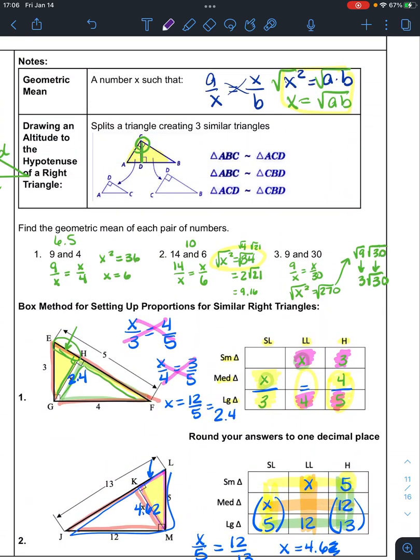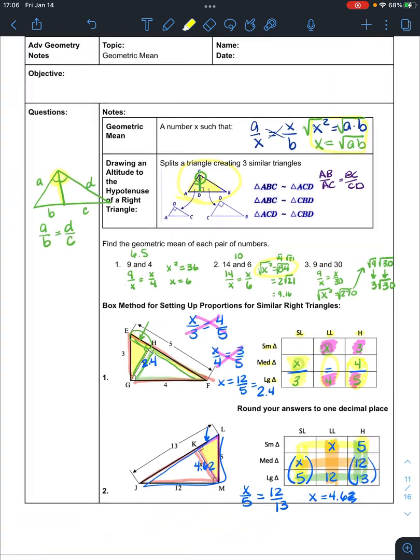So the purpose of the box is not magical. It is just a way to organize. Otherwise, you have to use these similarity statements and keep up with AB over AC is equal to BC over CD. And you can see that there are so many different combinations. Some of you can see it. It's like short and long, short and long. But I find it's just easier to set up that table. So anytime you see a problem that looks like this, that has the right angle, it has to have that right angle at the top. If it doesn't have the right angle, this box doesn't work. But it will help you to organize your data so that you can find